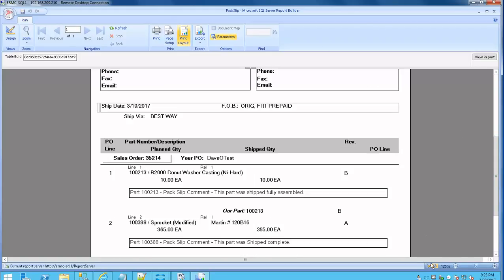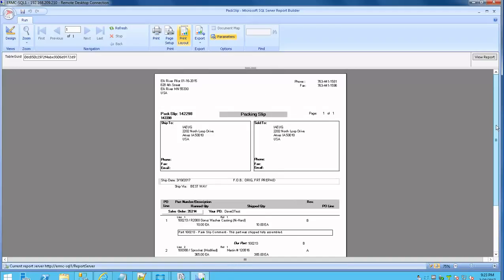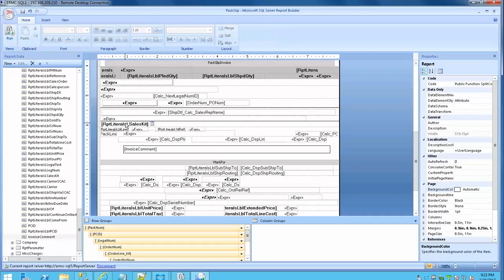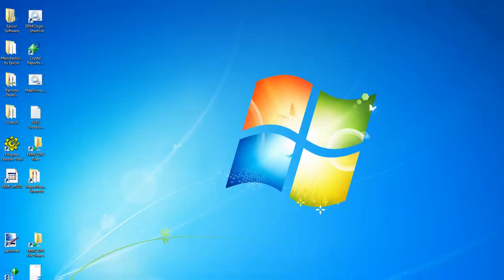And let me zoom out. There we go. There's our pack slip, and there's our 2 lines. So that's pretty much it. We'll save it, and now if we go back to